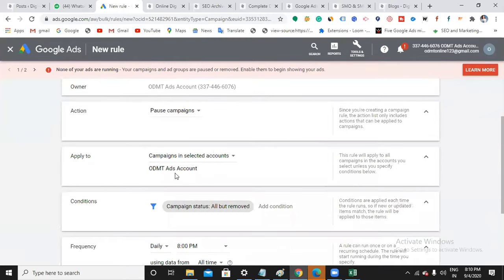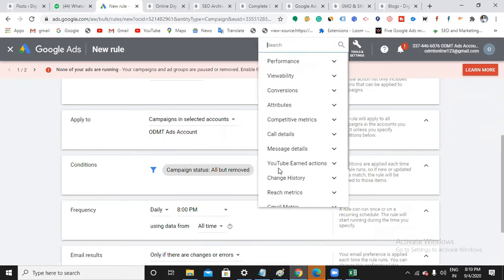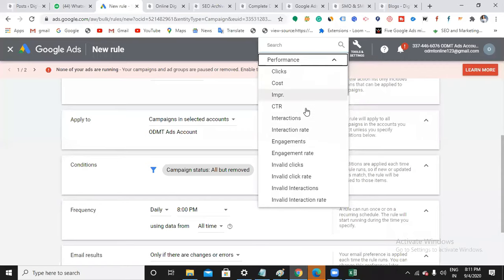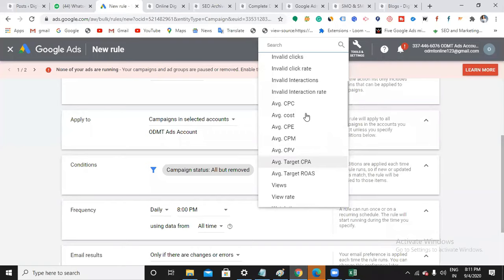Then select the campaign. If you want, you can select the campaign, that means for which campaign you want to apply this rule. Let me see this option later. Now it's time to give a condition. Let's say my condition is average CPC.